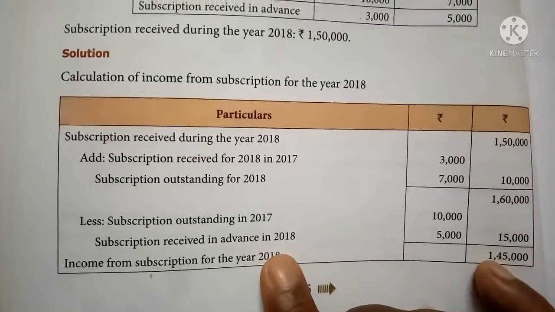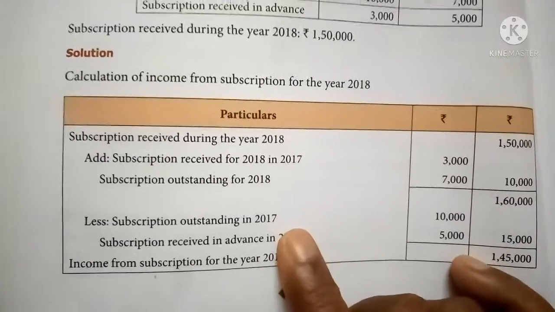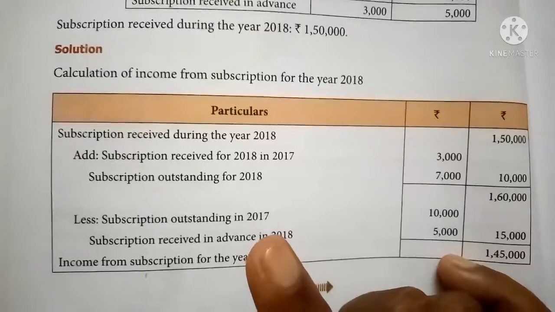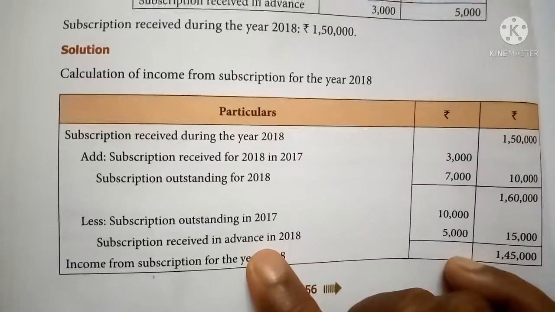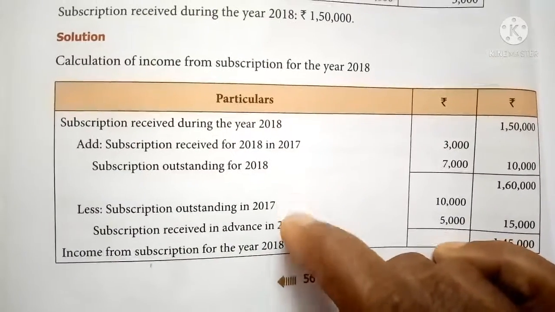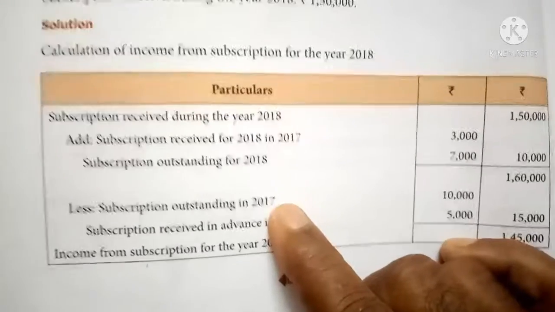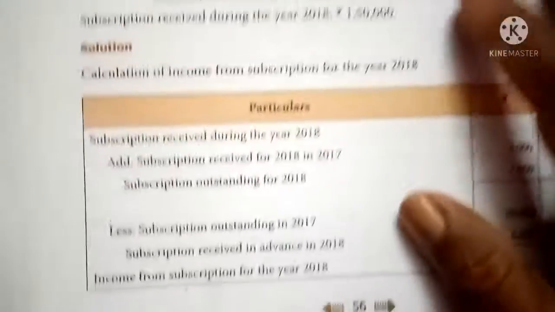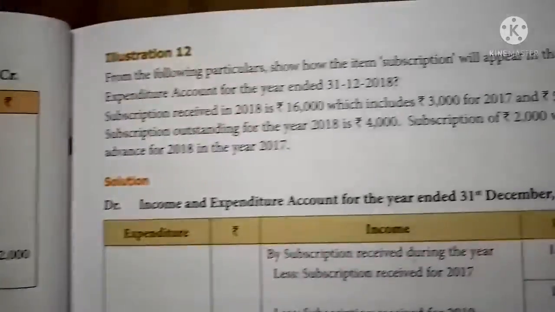Okay. So as per the specimen, we already discussed the subscription specimen. Based upon that, you can solve this sum. Before going through this sum, you can once again go through the specimen of subscription adjustment in the final account of a not-for-profit organization. Then you can go through this example 11, and also work it out in your accounts assignment notebook. Let us see one more example, that is illustration 12.